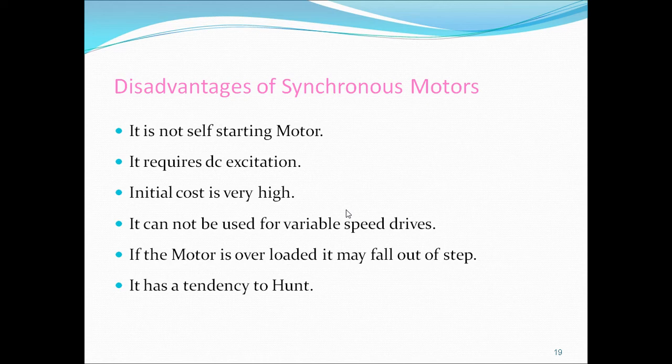When the motor load is changing, then what happens? If load is applied, suddenly it falls a little bit back in speed. If the load is removed, again it comes to the normal speed. That means fluctuation of the speed will be there when the load is varying. Suppose the supply frequency is also varying, then hunting is also produced. But what is the problem of this hunting? Because of this hunting, the motor may come out of synchronism and stop. So this is also one disadvantage of the synchronous motor.